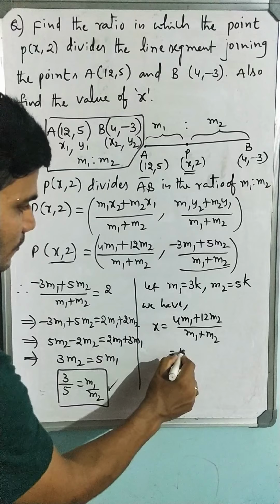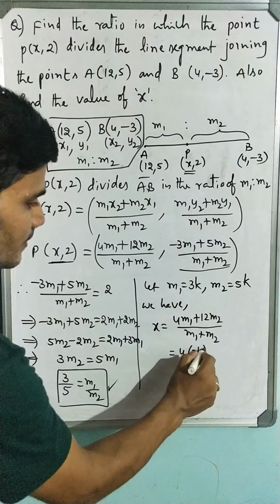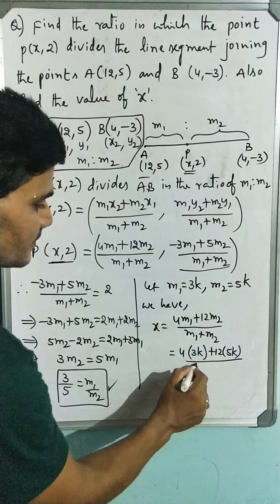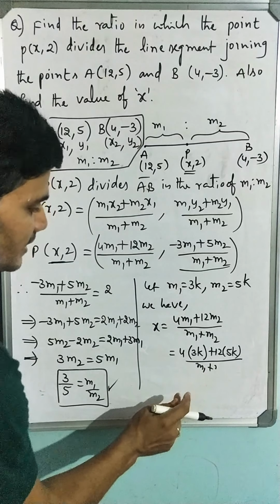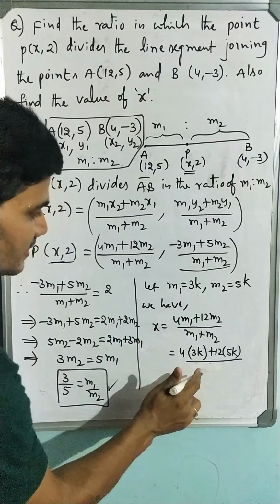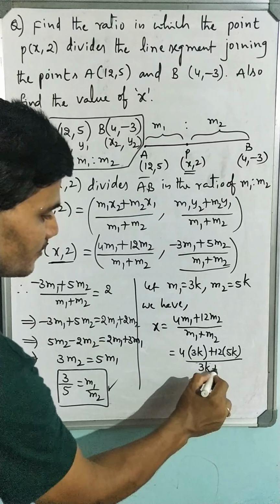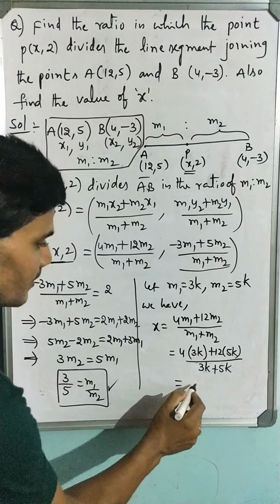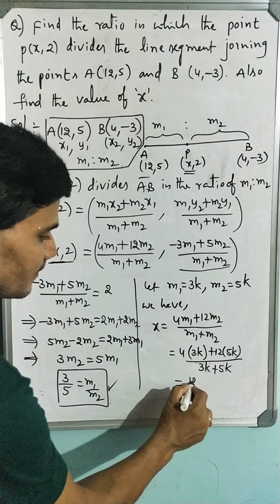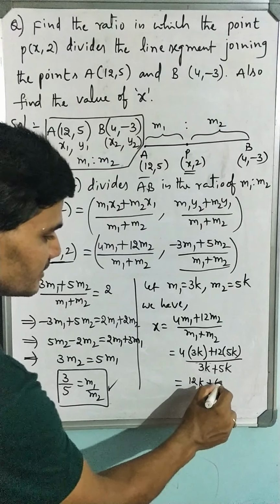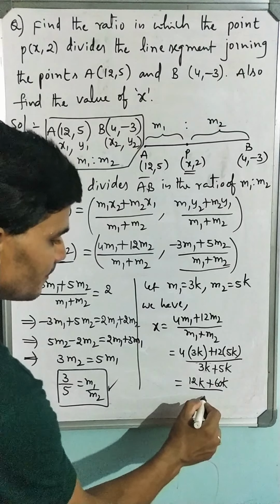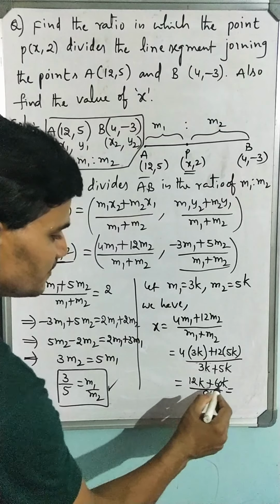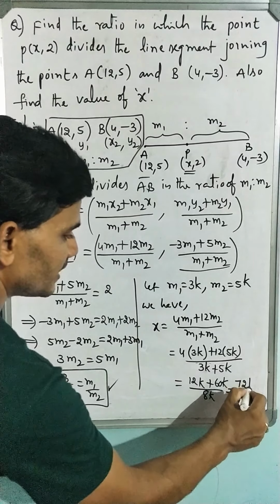That is 4 times 3k plus 12 times 5k by m1 plus m2, that is 3k plus 5k. So 4 threes are 12k plus 60k by 5k plus 3k, 8k, which is equal to 72k